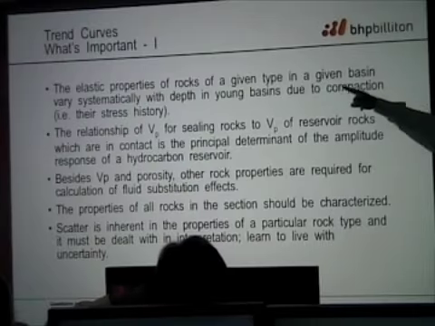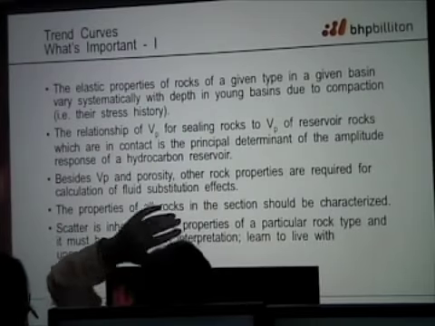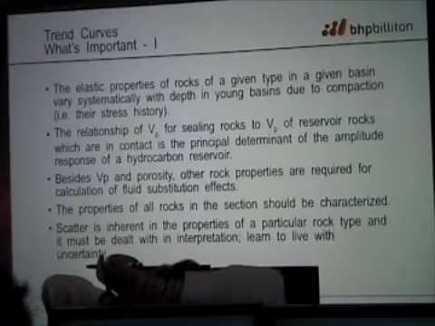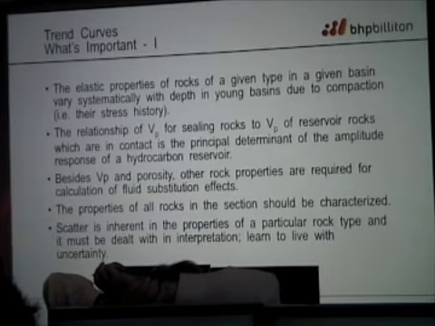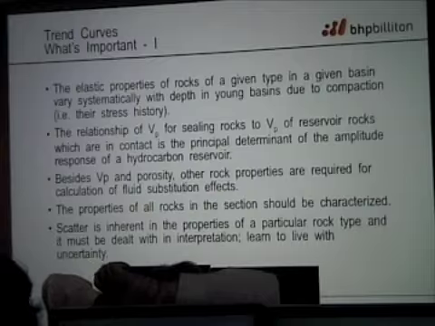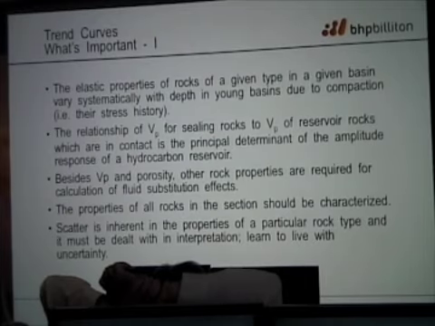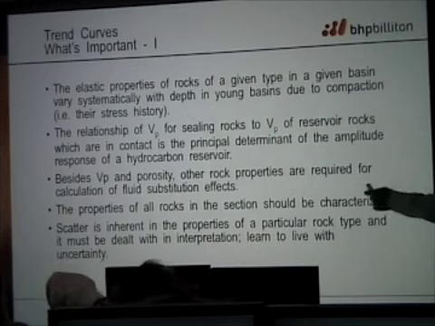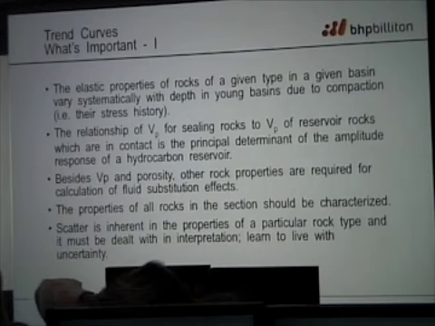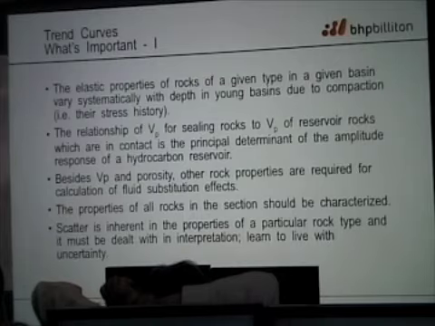Okay. The elastic properties come down the home stretch. Now remember, we've got 2 slides. Elastic properties of rocks of a given type in a given basin vary systematically with depth in young basins due to compaction. That's the stress history. The relationship of VP for sealing rocks to VP of reservoir rocks, which are in contact, is the principal determinant of the amplitude response of a hydrocarbon reservoir. I say that because frequently, as we saw in that case of Brunei, you will not see a strong or visible reflection down dip on